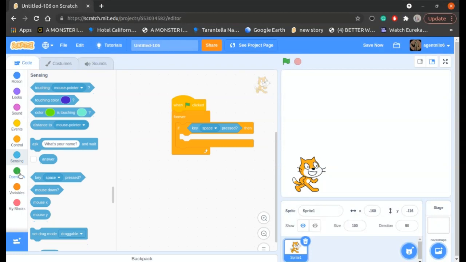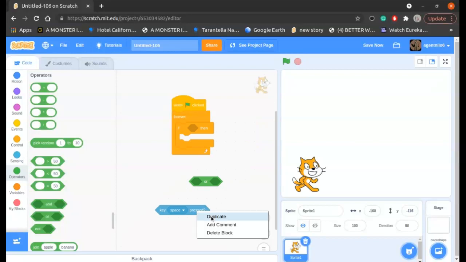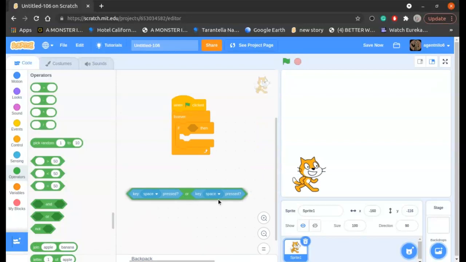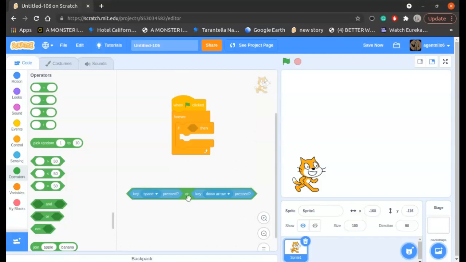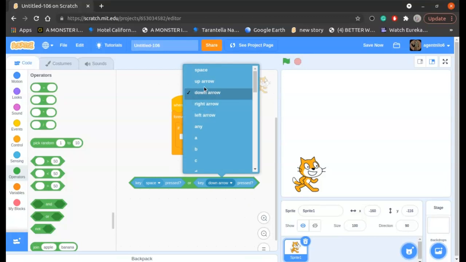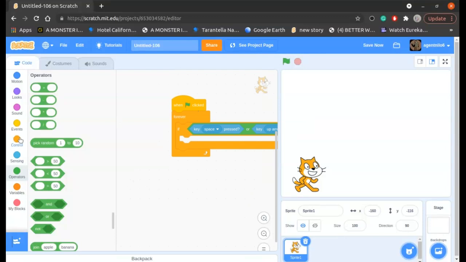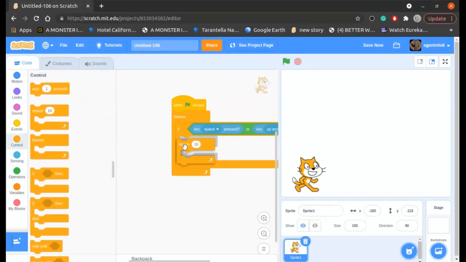key space, go to operators, drag an OR option. I'm gonna put this here. I'm gonna duplicate it like this. Just right click and press duplicate. When key space pressed, when key space or up arrow pressed, then I'm gonna go to control again, drag a repeat